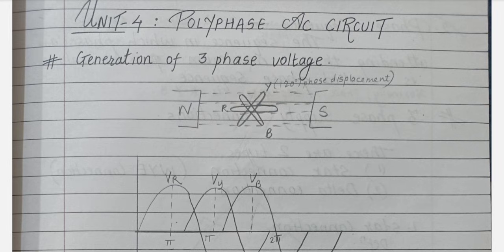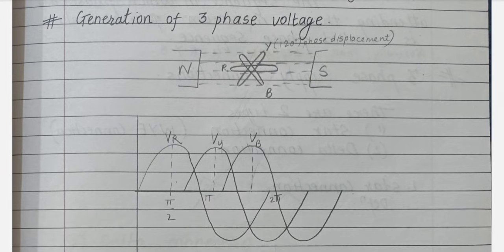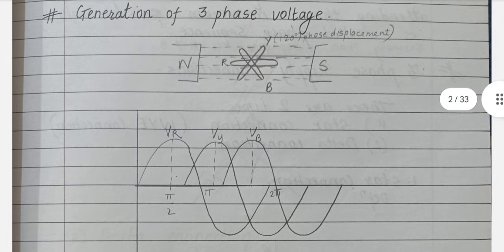As we are going to study three phase voltage, or three phase circuit, first of all we will see the generation of three phase voltage. What is there in generation of three phase voltage? It involves creating three sinusoidal waveforms with a specific phase relationship. Here is the concise diagram which I have made. You don't have to explain this. If such a question by chance arises, where you have to explain the generation of three phase voltage, at that time you can consider it, but it is just for your introduction.